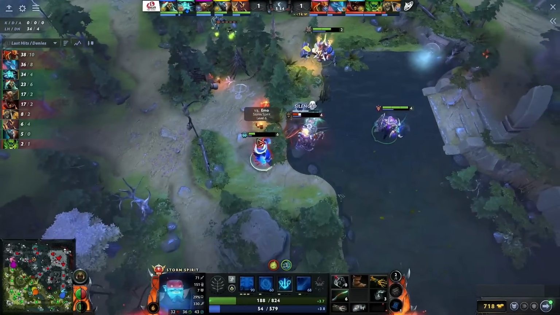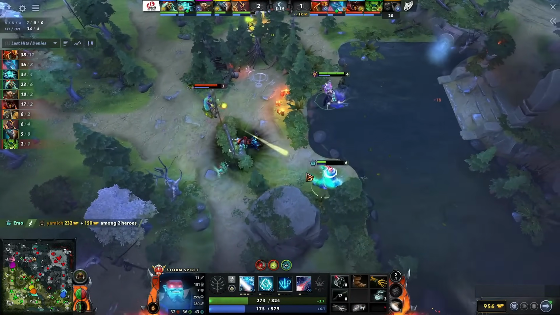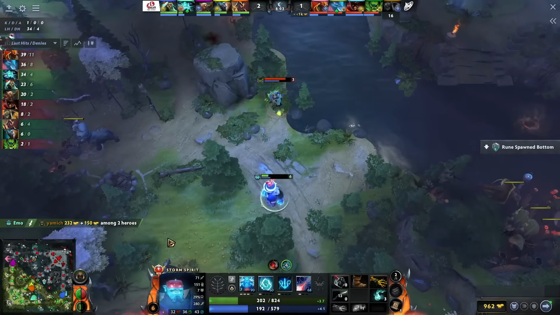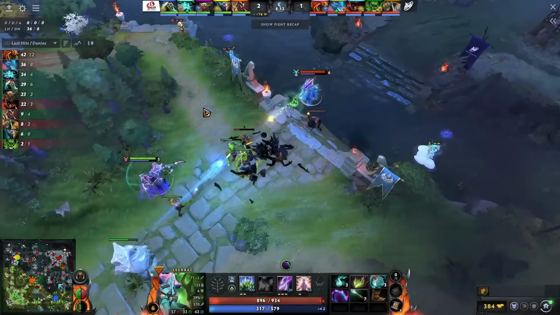The Magnus also making his way here. GH is gonna come as well on the Puck. Now they're gonna fight the Shadow Shaman, and that might have been a bit more than what NIGMA Galaxy bargained for. They wanted to just make sure that maybe they can prevent Noob from getting going in this match. To keep in mind, they made it so that